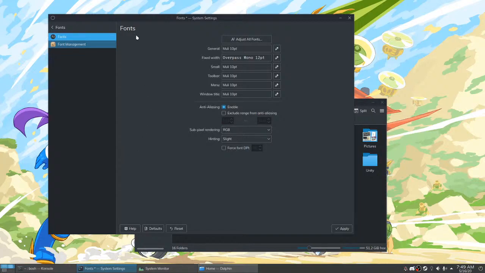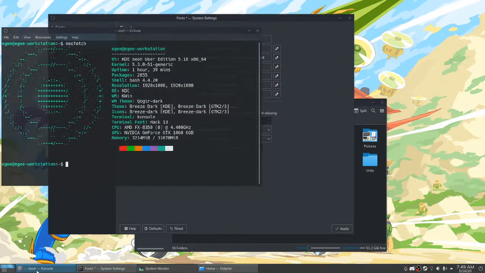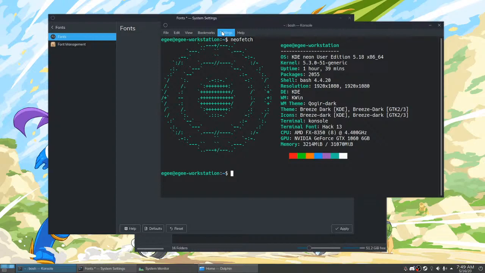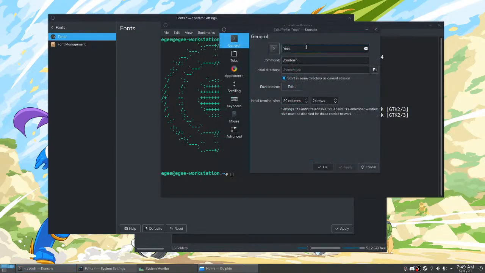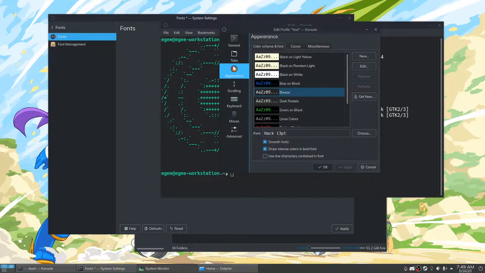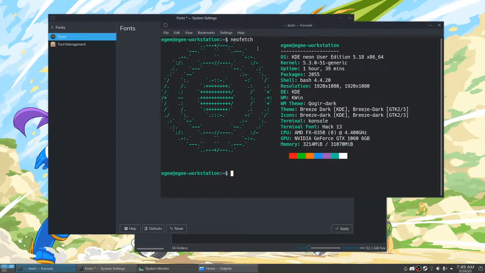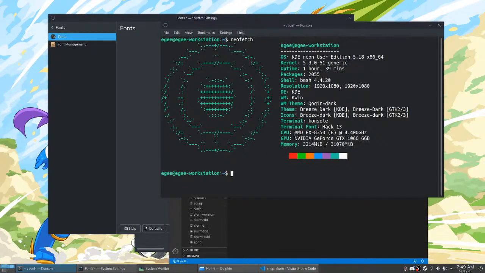So these are my fonts. You guys asked about my fonts. I'm using a font called Overpass. It's a free and open source font, and it's on Google Fonts. And my fixed width font is Overpass Mono, but that is not the font that's used in, I think it's used here. I might be using Hack. No, I'm using Hack in the terminal. But for VS Code, I believe I'm using that Overpass Mono.